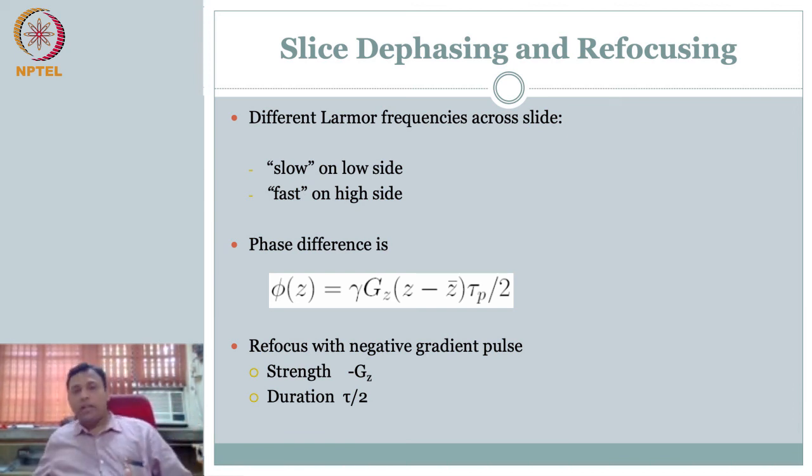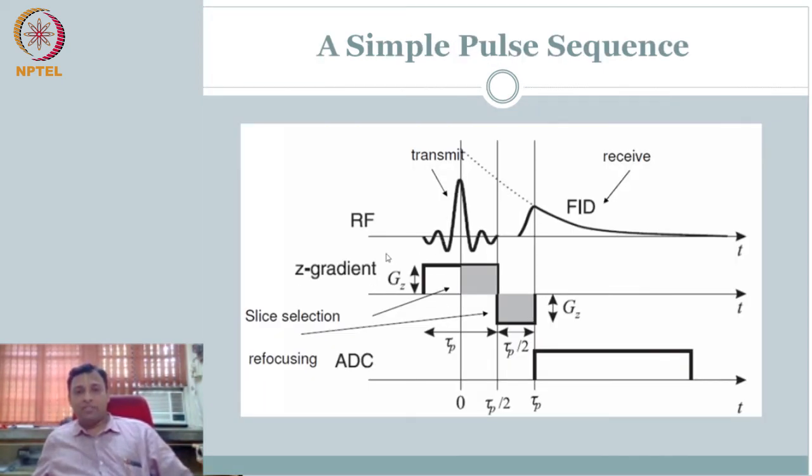Right? So put it in the pulse sequence diagram that we have seen. I apply transmit. While I am applying the excitation, I am applying my Z gradient. So I know this is called my slice selection. Only that slice is going to respond to this excitation. That means I am expected to get signal only from a chosen slice. But you don't have any signal because of lack of coherence, dephasing.